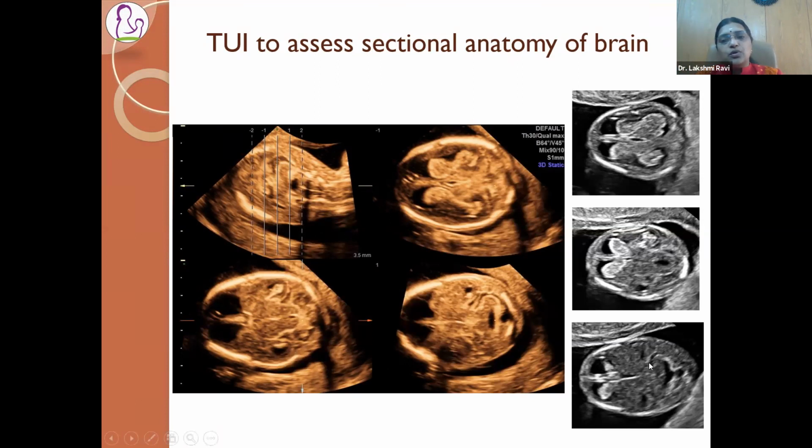So now what I have shown you is the normal ventricular cavity of the brain. This is the butterfly shaped choroid plexus. This is the third ventricle. This is the normal cerebral peduncles and the aqueduct. And this is the fourth ventricle, the fourth ventricle cisterna magna complex. And this is actually the IT, the intracranial translucency. And this is the choroid plexus of the fourth ventricle. So you're nicely seeing the third ventricle, the aqueduct, and the fourth ventricle in a single plane.